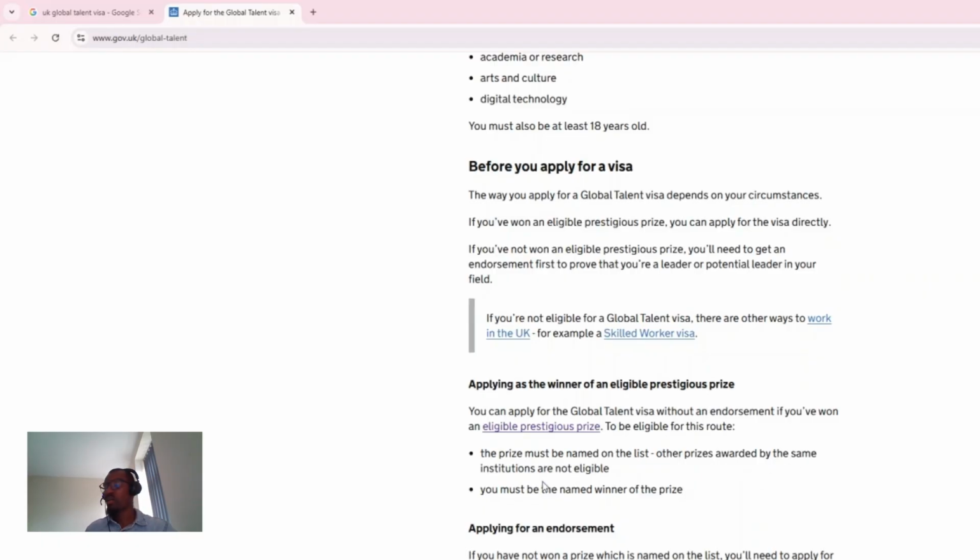So that means we've got two categories of global talent visa. We've got the endorsement route, under which academia or research, arts and culture, and digital technology fall, and then we've got the prestigious prize route, where you do not require endorsement. So I can say the endorsement route and the non-endorsement route. Now for the non-endorsement route, which is the eligible prestigious prize route, let's check and see some of the prizes that can make you eligible for this